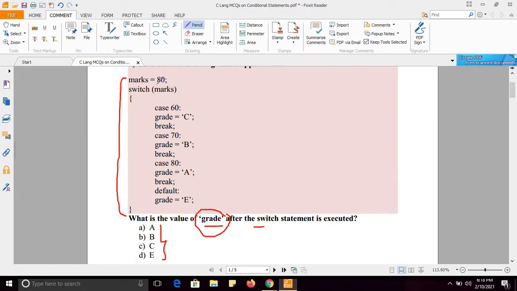See, the value of marks is 80 and I am passing this into switch statement. Now what will be the value of grade after the switch statement is executed?